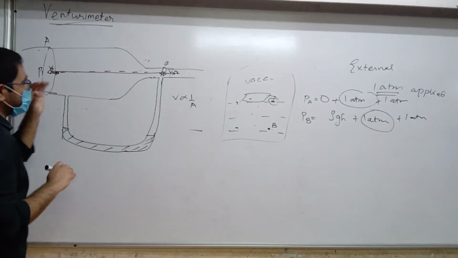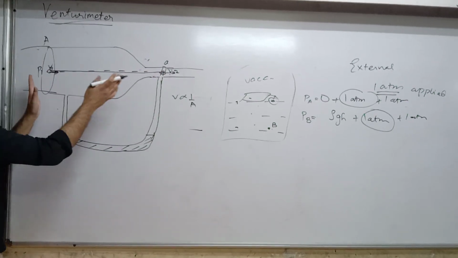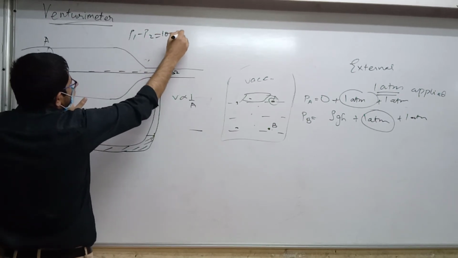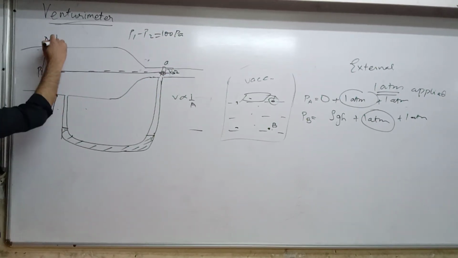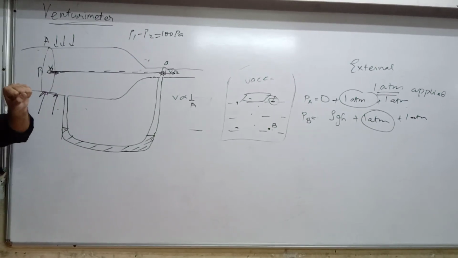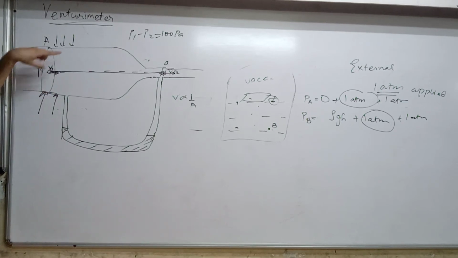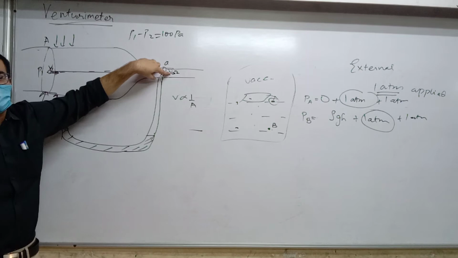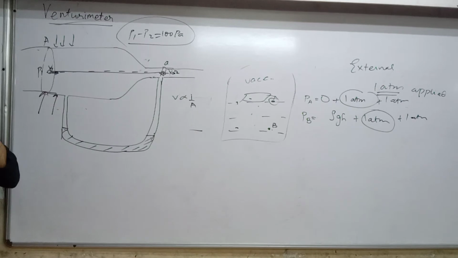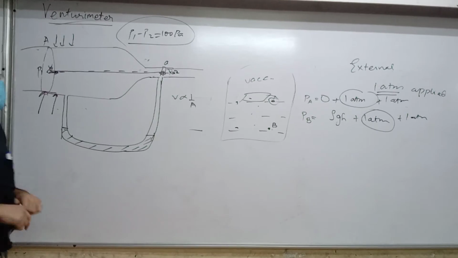Clear? Just like that. Let's say that fluid is flowing in a pipe, and at some moment the pressure difference of these 2 points, P1 minus P2, is, let's say, 100 pascal. Now you start squeezing the pipe from here. Let's say it's a rubber pipe, it can be pressed. So if you do that, the pressure at 1 will start increasing. But because pressure at 1 will start increasing, pressure at 2 will also start increasing. But the difference will always remain the same. Understood? That is what Pascal's law is saying. Fine? Everything clear? Okay, fine.